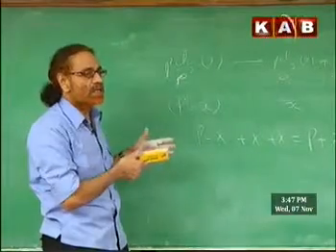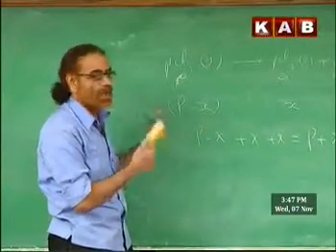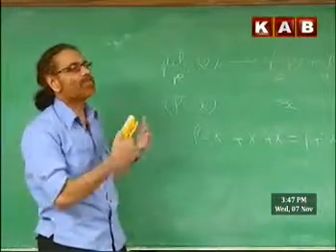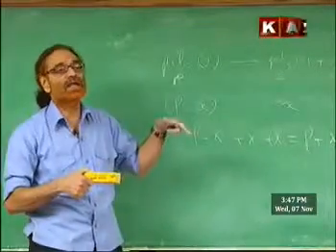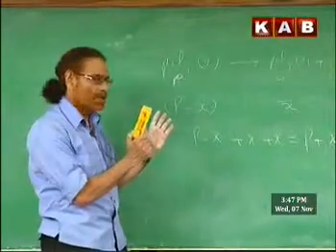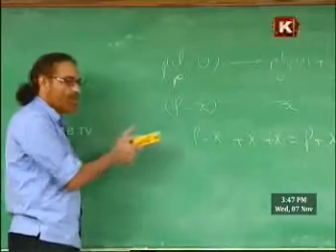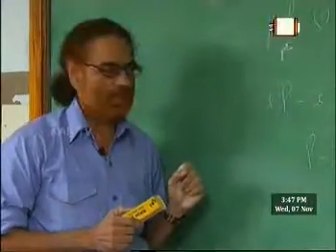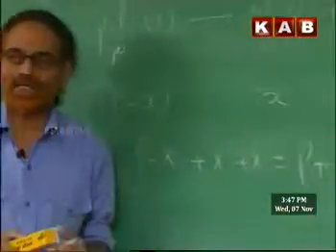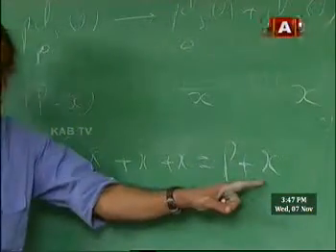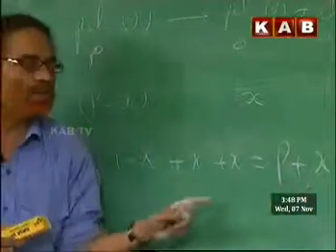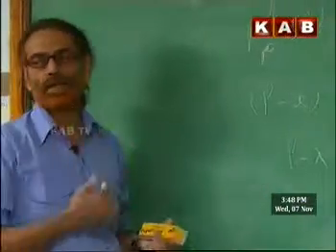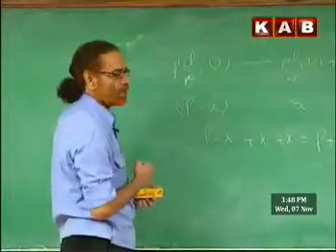Reaction mixture initially means only reactant. Reaction mixture at the end means only products. Reaction mixture at any stage in between is a combination of this and that, depending on the extent to which the reaction completed. That extent can be understood when an observation is made on the pressure. Suppose here I took that P initially for PCl5 and I found it is P plus X. So the maximum value of P plus X is 2P, and when you find some other value in between, you understand to what extent it is completed. So like that, percentage completion etc. can be calculated. One numerical example we do on this point.